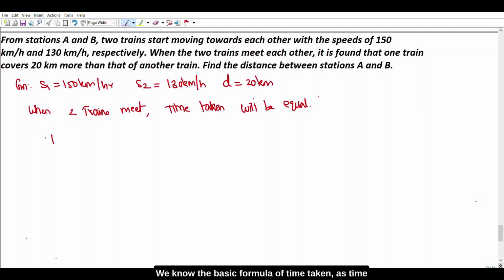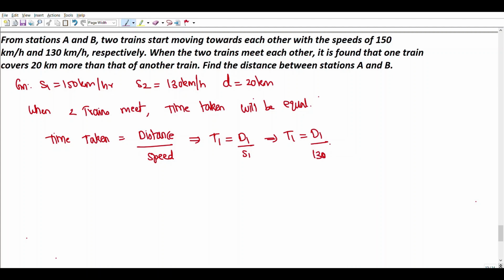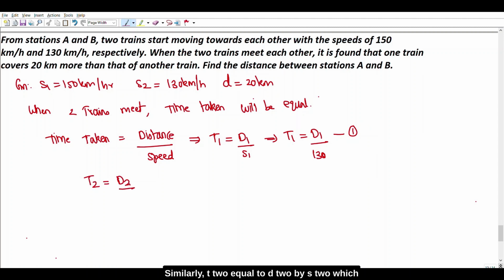We know the basic formula of time taken: time taken is equal to distance by speed, which implies T1 equal to D1 by S1, which is equal to D1 by 130. This is the first equation. Similarly, T2 equal to D2 by S2, which is equal to (D1 plus 20) divided by 150. This is equation 2. Upon equating 1 and 2, we get